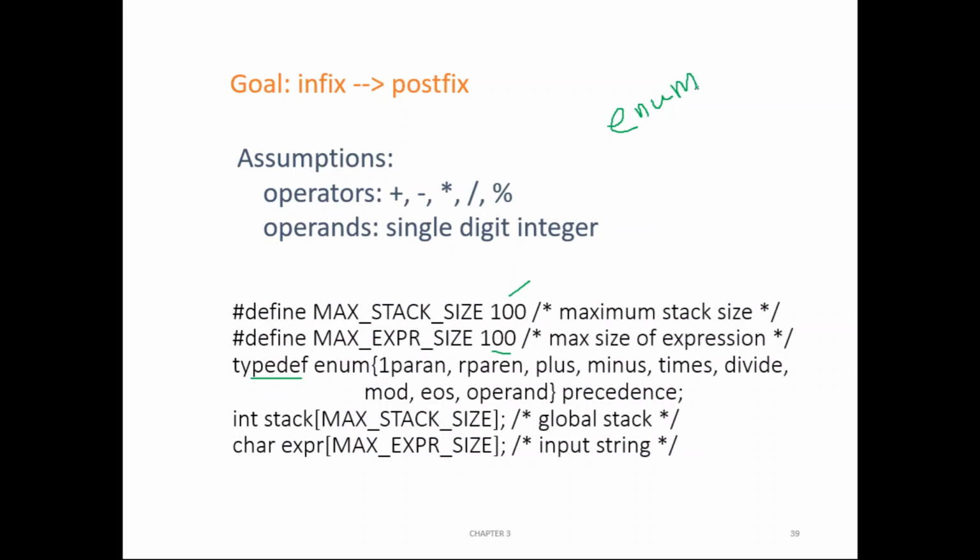How? Say for example, I'll explain a simple case. Say I'm saying typedef. Typedef is used for creating any user defined data type, which we already discussed. So what is an enumerated data type? Let me give an example. Say I'm saying typedef enum, where enum stands for enumerated data type. Say here I'm saying it is tail and head.